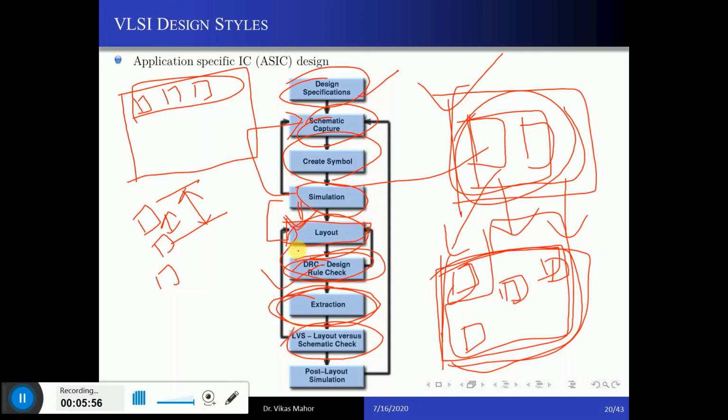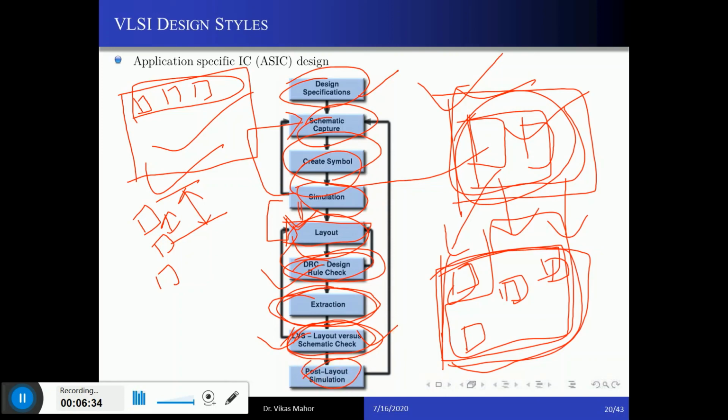This is where we have designed the layout. This is where we have designed the schematic. This is the schematic, and this is the layout. So in this step we will check whether our layout and the schematic are same or not. There should not be 1% error between the layout and the schematic. Once in the next class I'll tell you about the fabrication, then you will definitely know what layout means. Until that time, you should understand that at the second last step, we do the layout versus schematic checking.